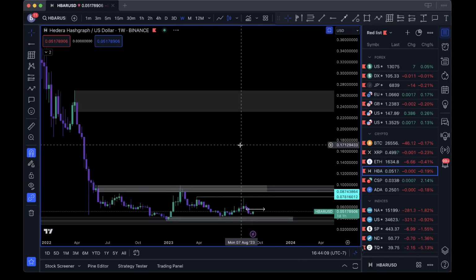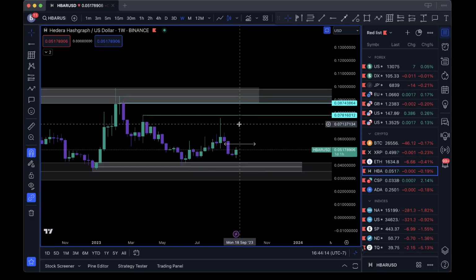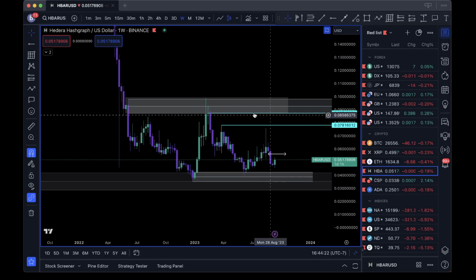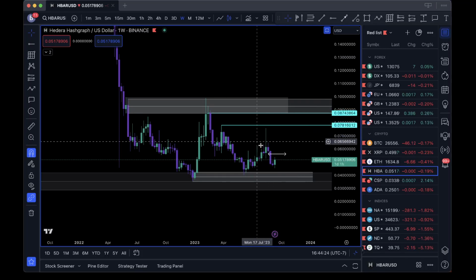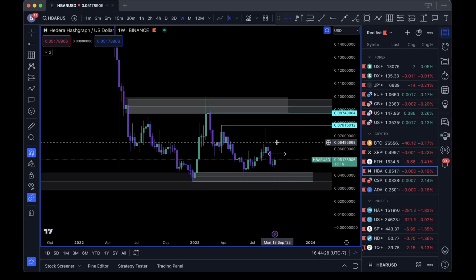H-bar. Is anything going on? Okay, it looks like a lot of crypto is starting to get a little push to the upside. We'll see how long that lasts, if we're going to start sweeping some liquidity, or if we're just pushing up to get a little more sell side. But H-bar, nice little bull candle here.